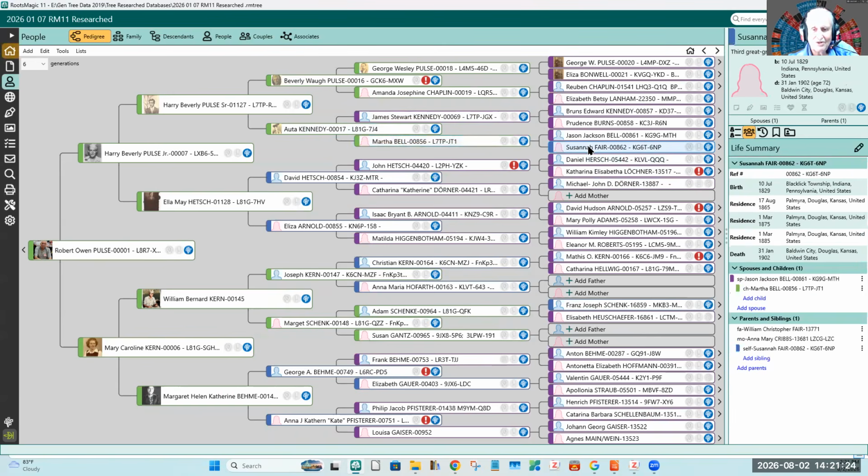The funny thing is that on Susanna Fair, I found a Jason Jackson record that is just outstanding in the Kansas histories. And I wouldn't have found it if I'd looked for Jason Jackson Bell or J.J. Bell, because it's under I Bell. Somebody took the J's for I's when they set up the typesetting, or at least the OCR did, and it came out as I Bell. So it's all indexed under I Bell. I found it because I was looking for Susan Fair. So, a little tidbit.